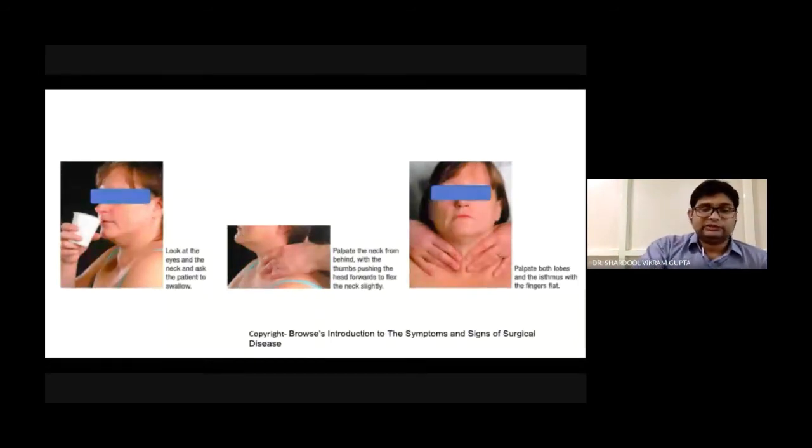Once you tell that you have palpated by going behind, the examiner will ask what other methods you know to examine the thyroid. Can any one of you let me know the other methods you know for examination of thyroid swelling apart from the standard method? So Gunjan has commented that it's Lahey's method, correctly commented, and Kocher's method.